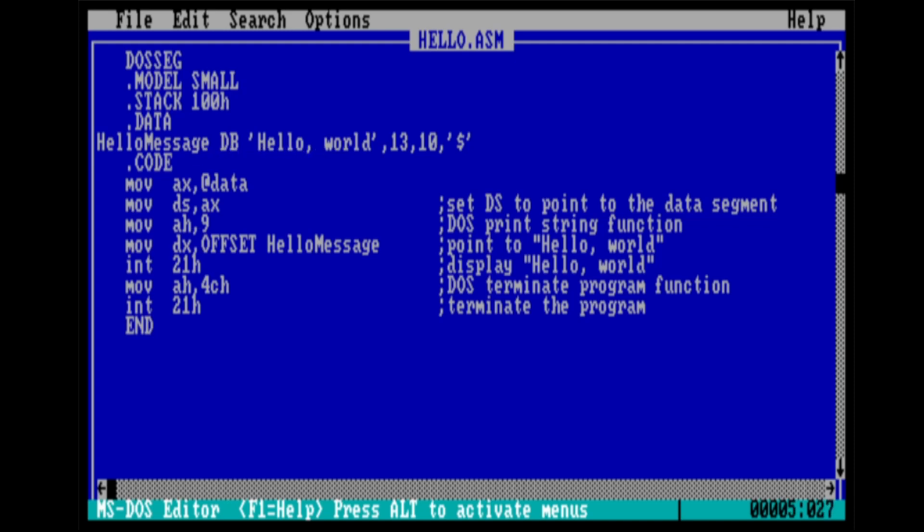This is numerous bytes, so it certainly won't fit into 16 bits. But instead we put the string in memory, in this case in the data segment, which is really what the data segment is for, and then we just put the address of that string into the DX register. Now what DOS expects here is for us to put the offset within the data segment of the string into DX. Now I can tell you that offset is going to be 0 in this case because it's the very first thing in the data segment,